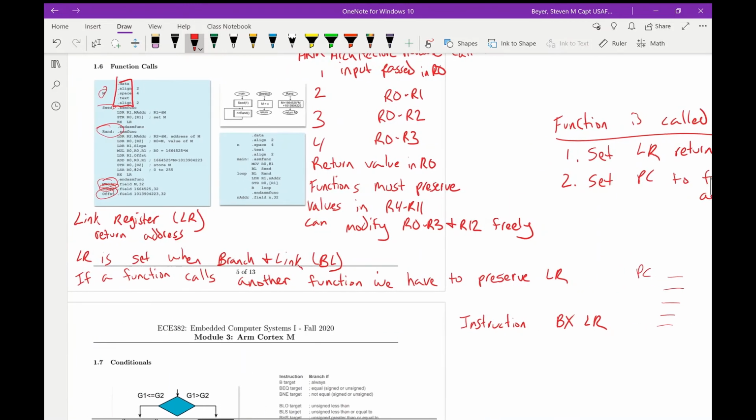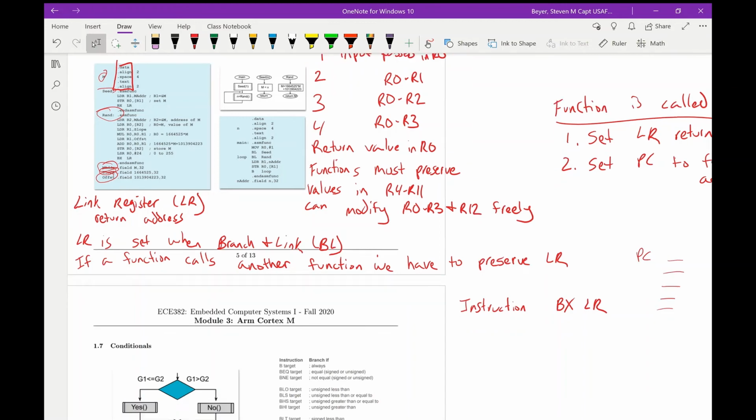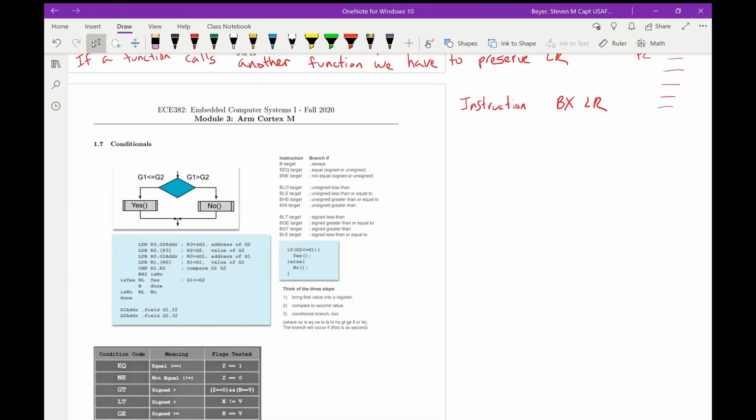All right, so functions are pretty complex in assembly. We'll see a lot of examples. We're going to work through some of this in the pre-lab and in the lab, so you can learn a little more about what these registers do and how they are used. Conditionals